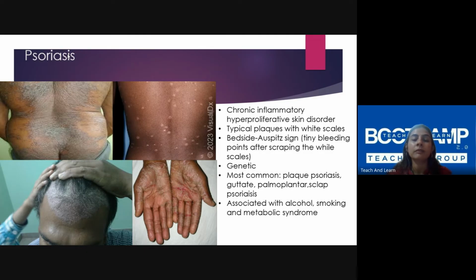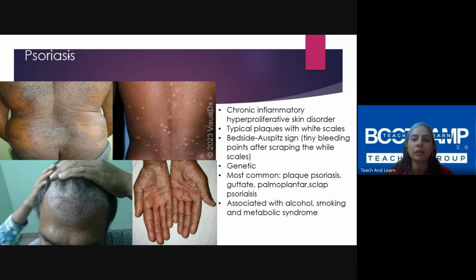So these are chronic. The patient is going to come with itching, might be there, but they're going to tell you about these lesions that have started occurring on their skin. So it will be chronic patients. Sometimes it would have been happening and resolved and it's just coming back. So they're worried about these new lesions which have started coming back. Here also you have to tell them it is a chronic problem. You have to keep taking treatment because it is genetic and things like that. If you don't counsel them properly, they are just going to shift from one doctor to another instead of sticking to the regimen and continuing the treatment whenever they're getting new lesions.